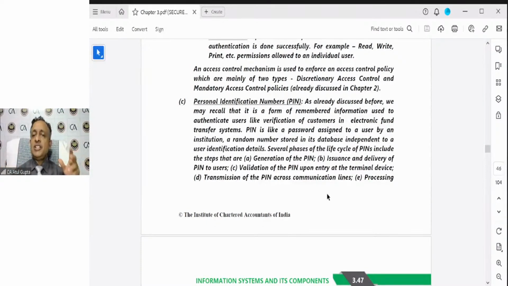So first is generation of the PIN. Imagine you have a credit card or debit card of a bank, and they generate a PIN for you. So that generation becomes the first step. Then issuance and delivery of the PIN to the user. So how does the bank deliver? Generally the bank may send it by post. Bank may send it through